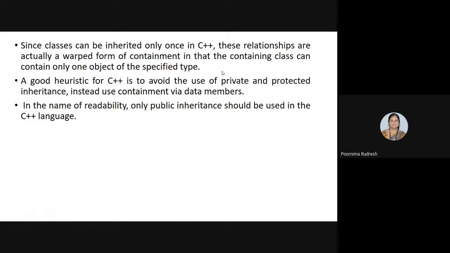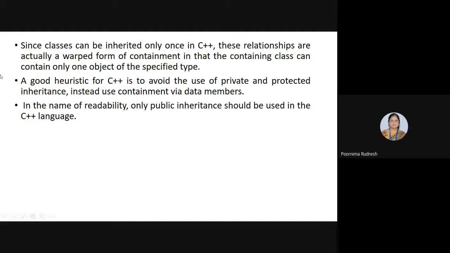So in C++, the classes can inherit only once, and hence these relationships are actually a wrapped form of containment. What is the wrapped form of containment? It means the containing class can contain only one object of the specified type.